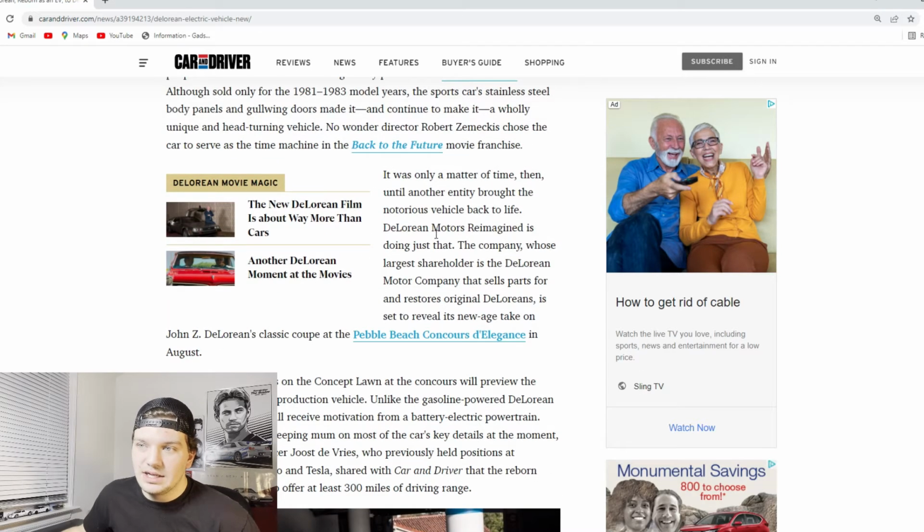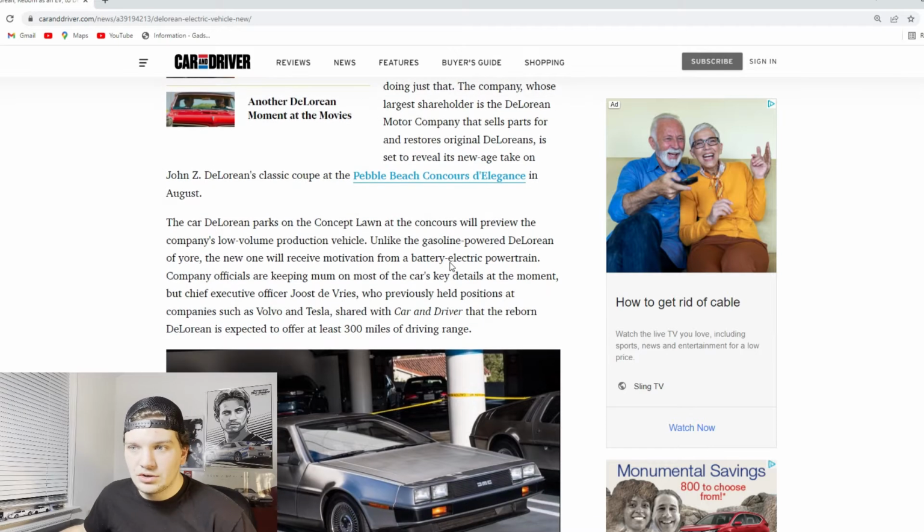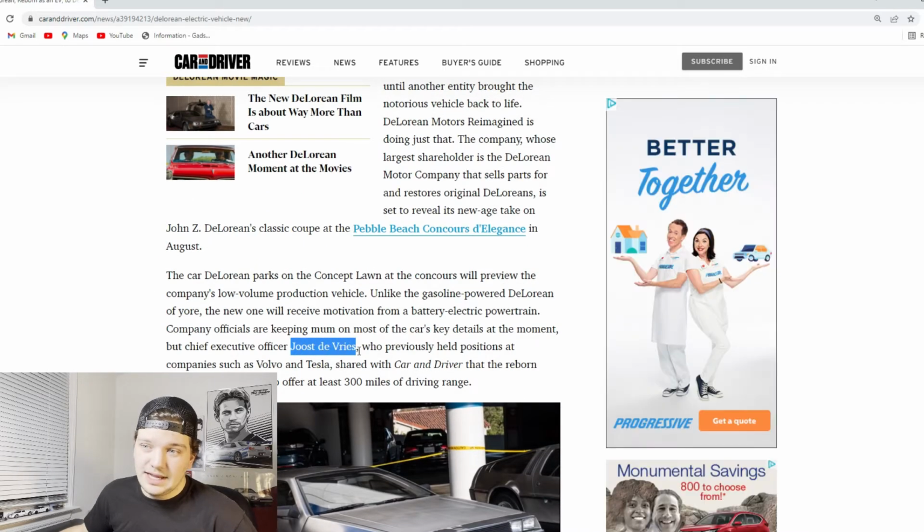And that is what DeLorean Motorsports Reimagined is actually doing. So I'm assuming it's not the same DMC manufacturer. It's going to be a different manufacturer actually making these cars, or it's going to be DMC reimagined or kind of rebooted. But the actual CEO, whose last name I'm not even going to try to pronounce,